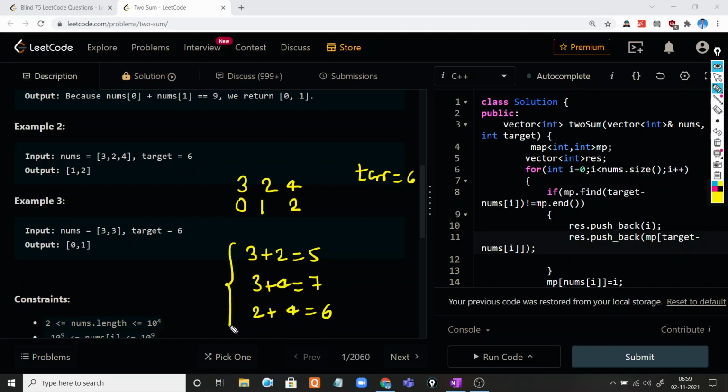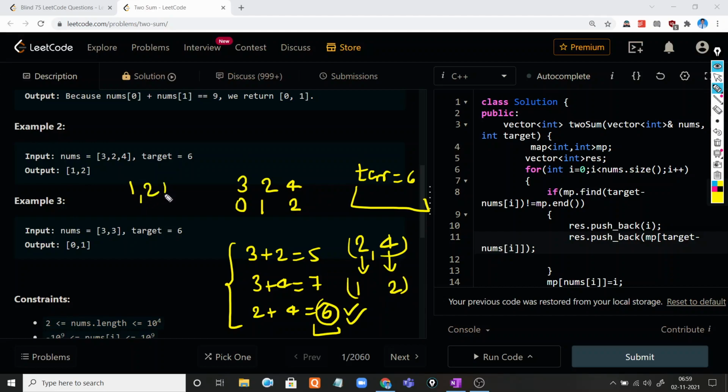For these various combinations, if the target is equal to a particular sum, then it's our required answer. In this case we will return their indices, because here the sum is 6 and the target is 6, they are equal. 2 is present at the 1st index, and 4 is present at the second index. So we will return 1 comma 2. I hope you understood the problem.